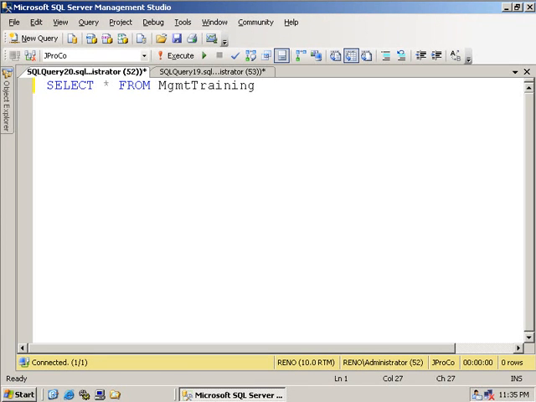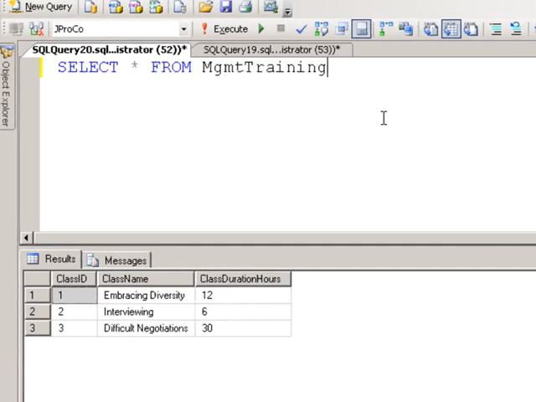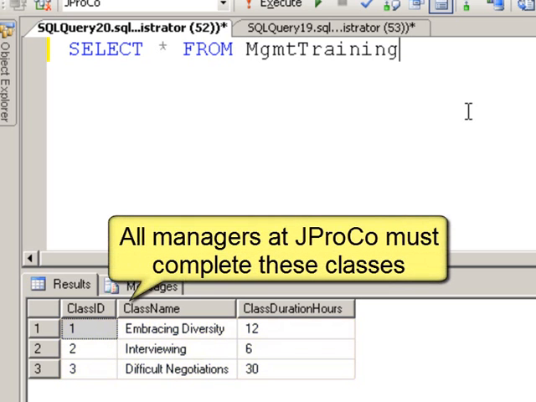We have a very interesting table called Management Training. Now, Management Training doesn't relate to any other table in the JProCode database. Let's look at what's in Management Training. This is a list of training classes for management: embracing diversity, interviewing, and difficult negotiations. This list of classes is a required list of classes for any employee who wants to be considered for management